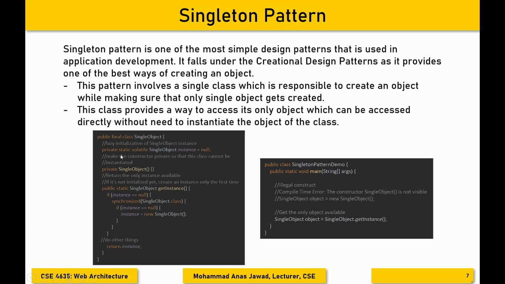On the left hand side here, you can see that we have a class called single object, and the single object class is basically utilizing the Singleton pattern. Let's see how it is doing that. Here, at first, we have created a static variable called instance, which is basically a static instance of the single object class. And the reason we are creating it as a static object is